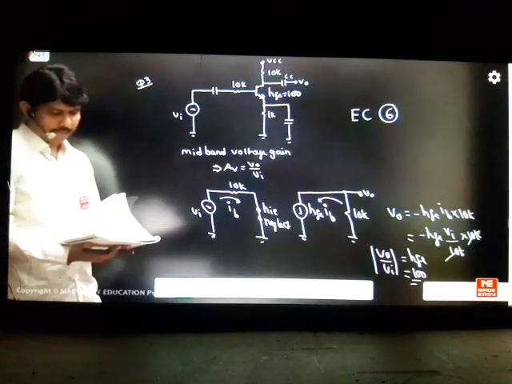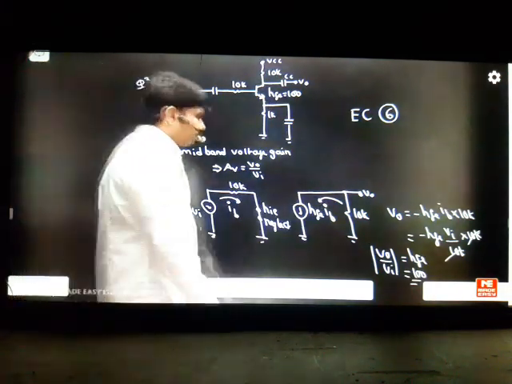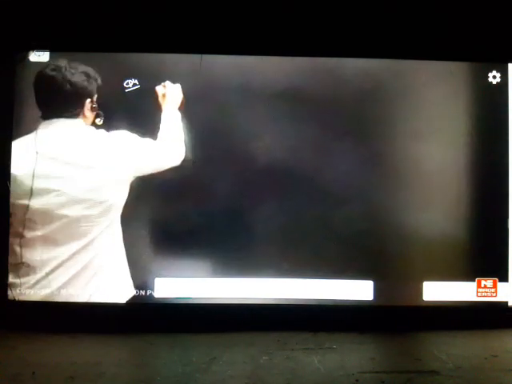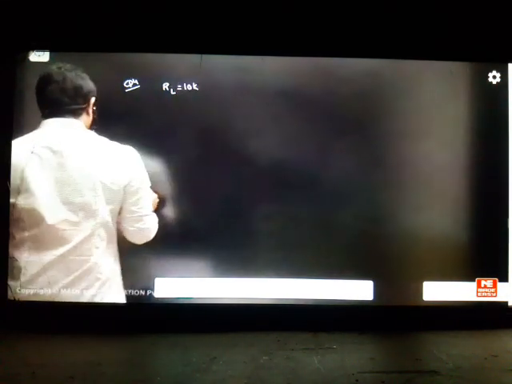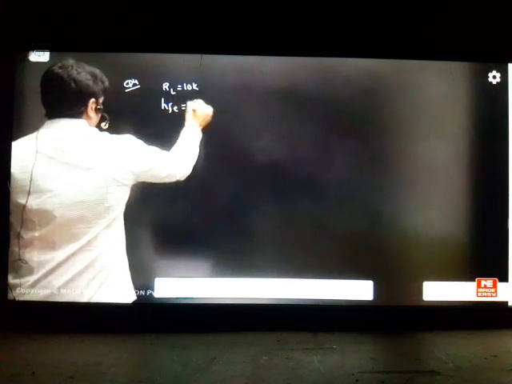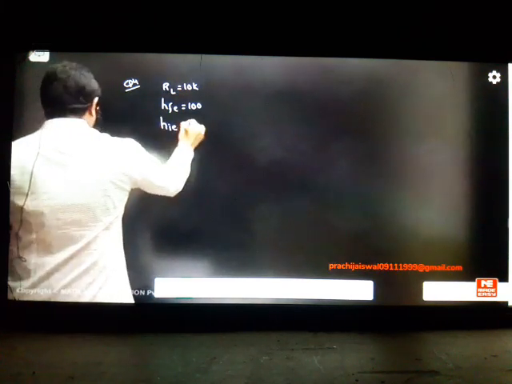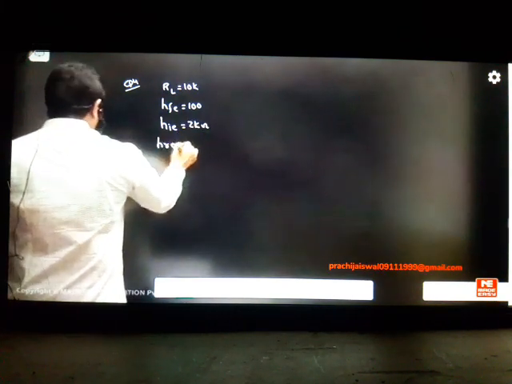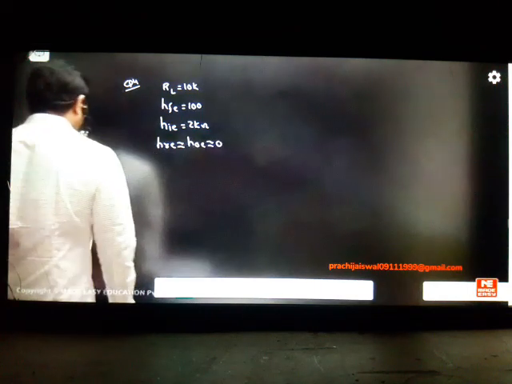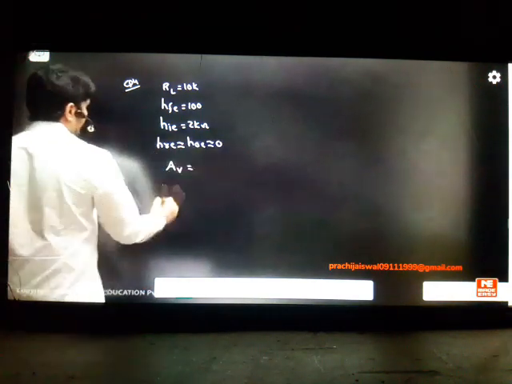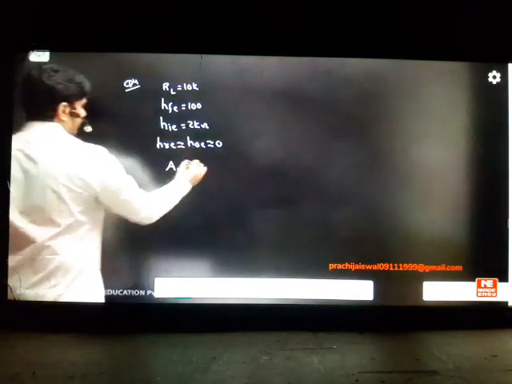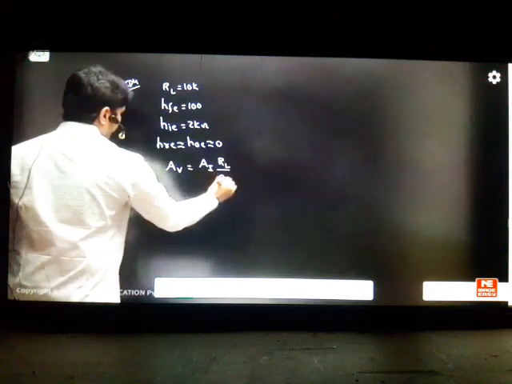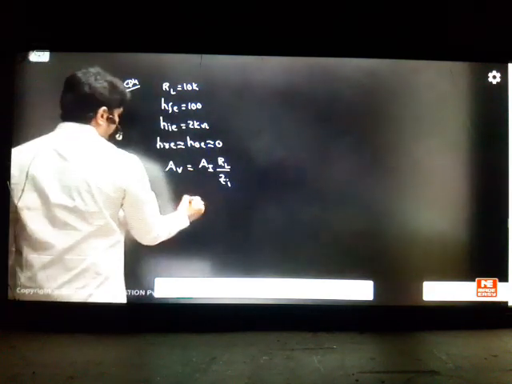So coming to the fourth question. Fourth question is a very simple question. He has given load as 10 kilo ohms. HFE is 100. And HIE is 2 kilo ohms. Saying that HRE, HOE is 0. What is the voltage amplification he's asking? That is AV he's asking. So if you neglect this one, I think our formula is A into RL by ZI. This is the two-port network gain. So current gain here is